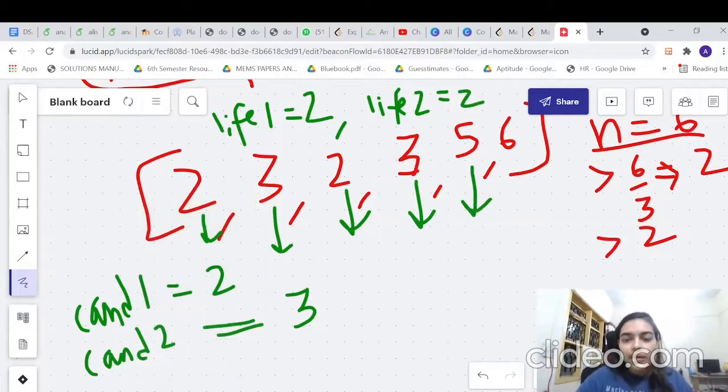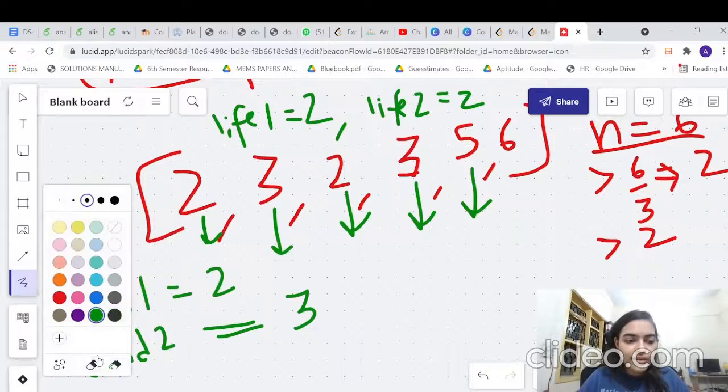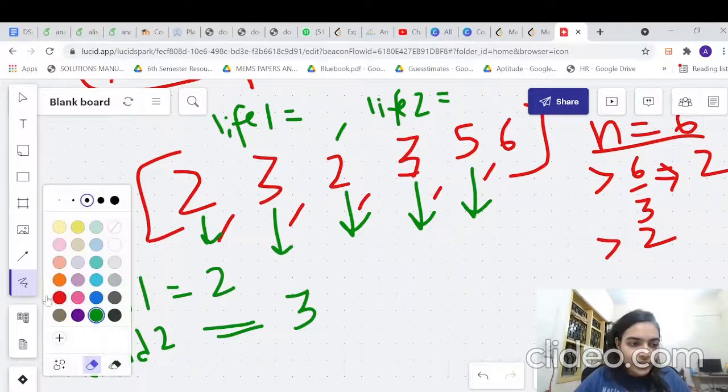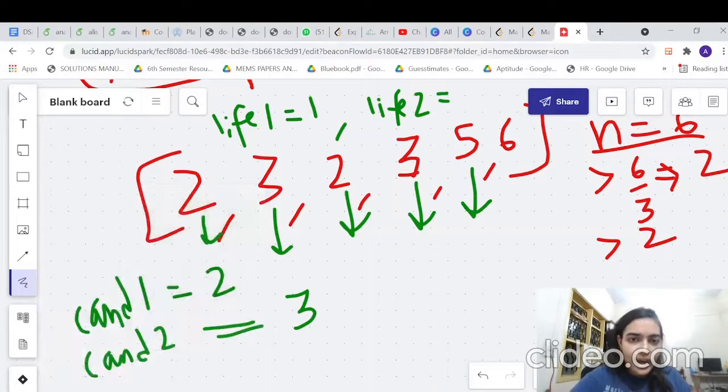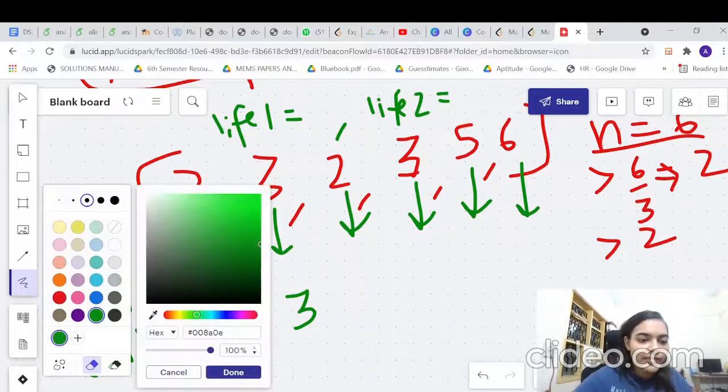Now 5 is coming, and it is going to shoot both the elements. It is going to say, I am trying to overpower you, I will try to compete and win. So it is shooting both the elements and both of them will decrement their lives. So life will become 1 for each. Now 6 is coming. What is 6 doing? 6 is also going to decrement both of their lives again, right?